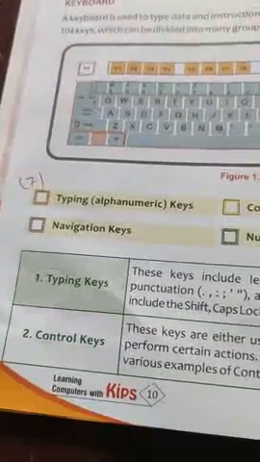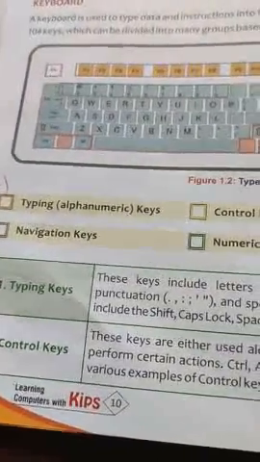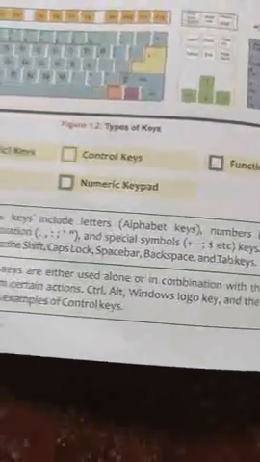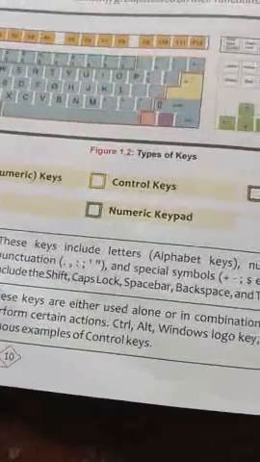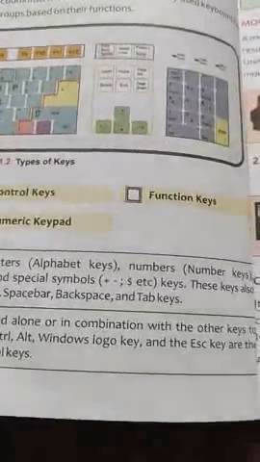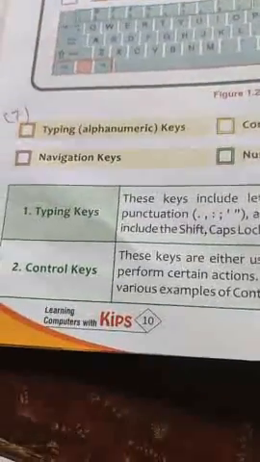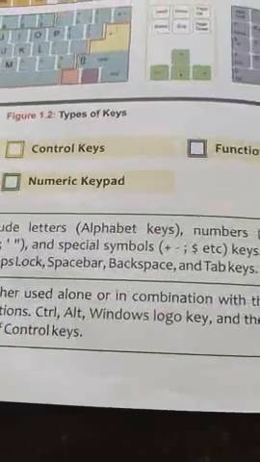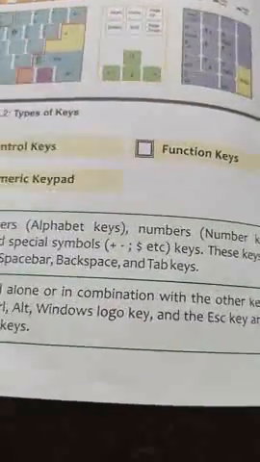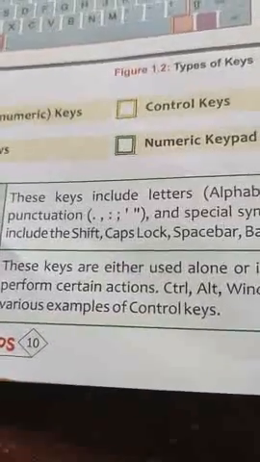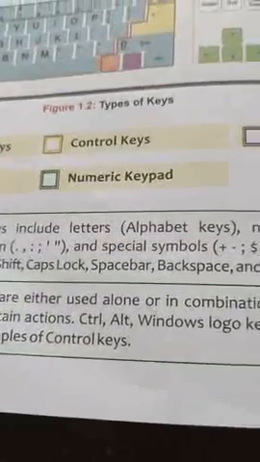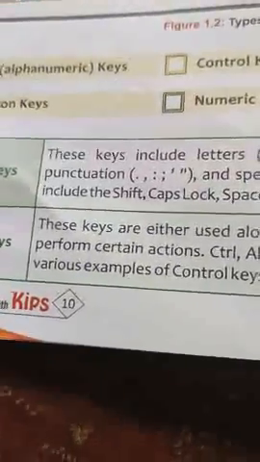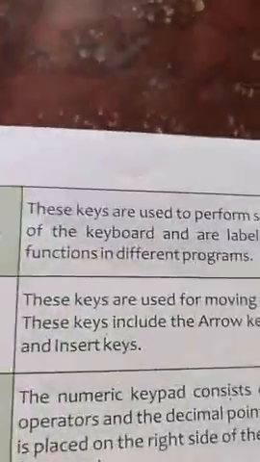So typing keys include the letters, numbers, special symbols, shift, caps lock, space bar, backspace, and tab keys. Second, control keys. These keys are either used alone or in combination with other keys to perform certain actions. Control, Alt, Windows logo key, and Escape key are the various examples of control keys. And function keys